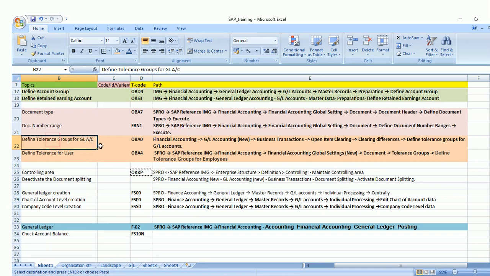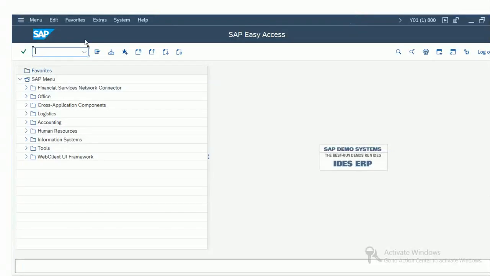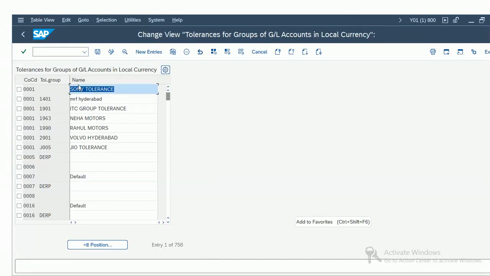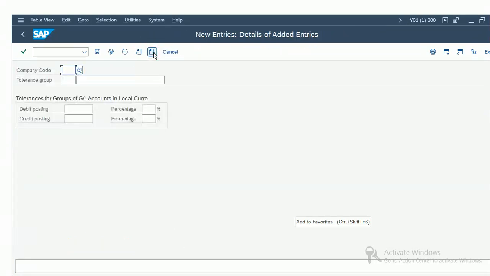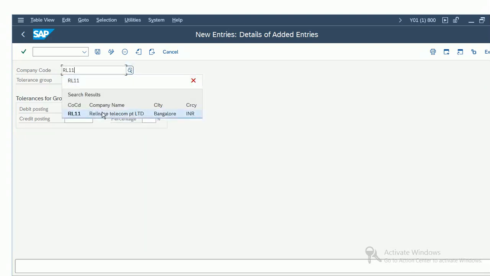So first we have to define in the system tolerance group for general ledger account. We have a T code OBA0, sorry, OBAO, and then we have this path. So let's go, enter this OB and select here new entries, RL company code, our company code.